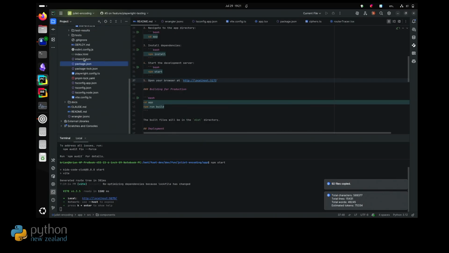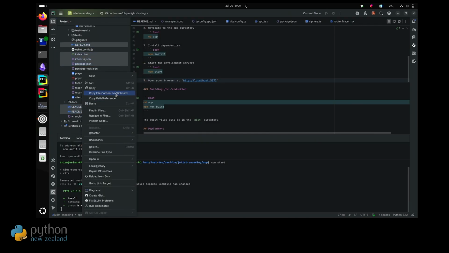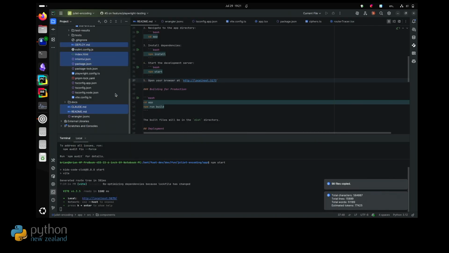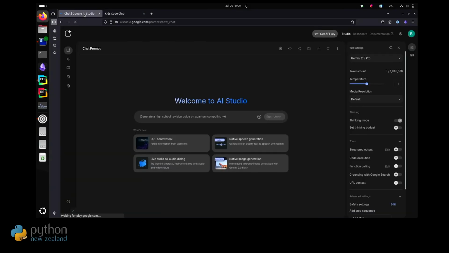I'll add some of the top level things. Index, looks like some LLM wrote some notes on deploying this. We'll give it the Claude file, the README file, and copy that to clipboard. So I've got 77,000 tokens now. I'm going to open my browser. I'm going to go to aistudio.google.com. I'm going to say,